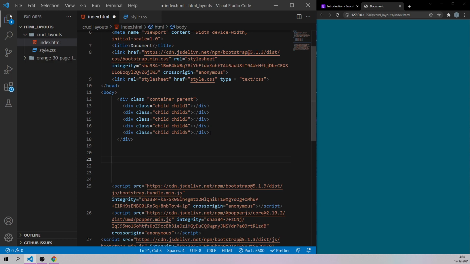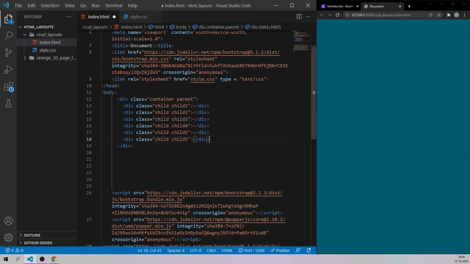Let me do one more thing. Let me have one more child element like this, and let me keep it as child 6. Let this be the final footer section. Here we'll put the logo of the application. That will be the first child. The second child, I'll put the social media links.